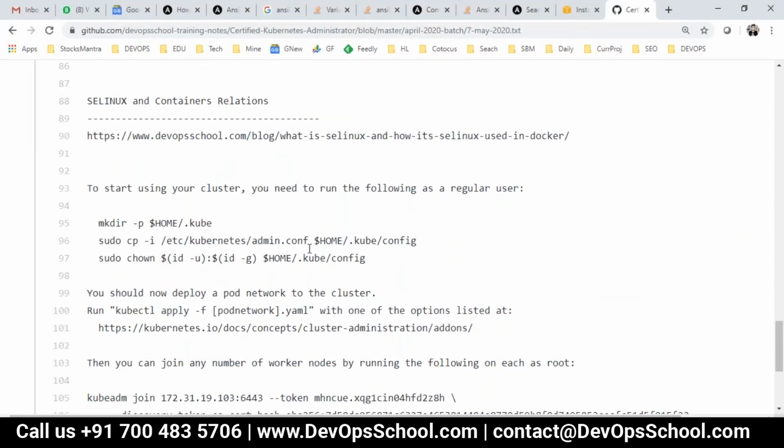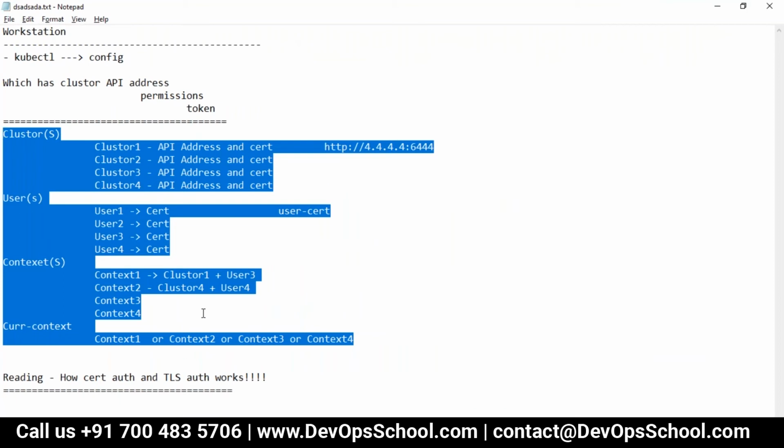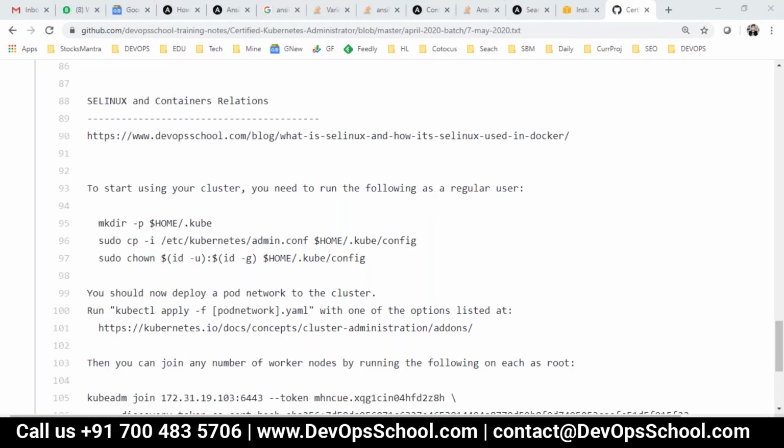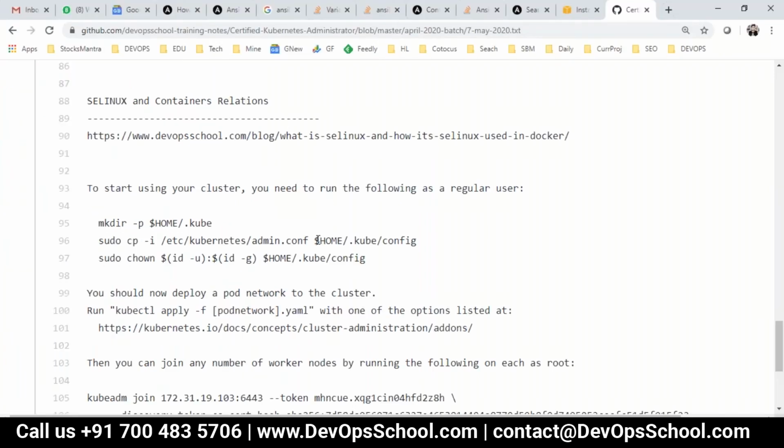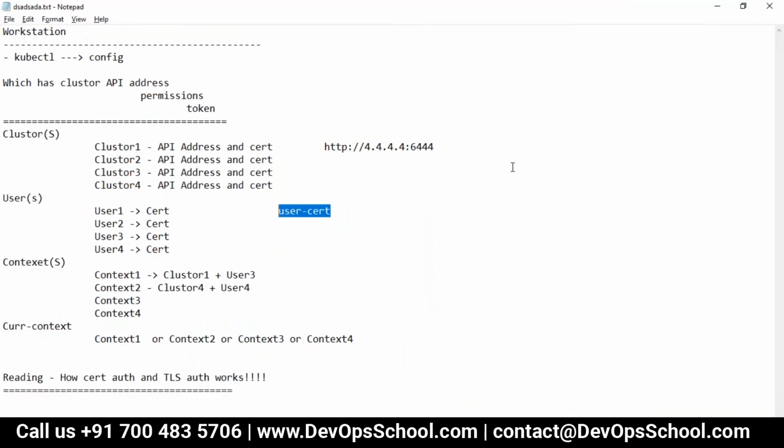Here the question is, which user is being used for authentication? The user and certificate. I'm not talking about a user ID and password, remember, it's a certificate. The user and certificate are generated by the kubeadm init process. Now the question is, can you do it manually for other users? Yes, why not? I will teach you the process. But remember, here it's not a user ID and password. Here you have certificates and a username. Are you getting my points?